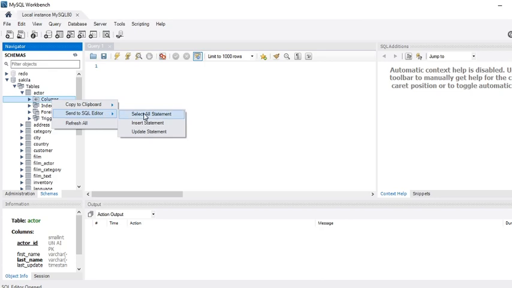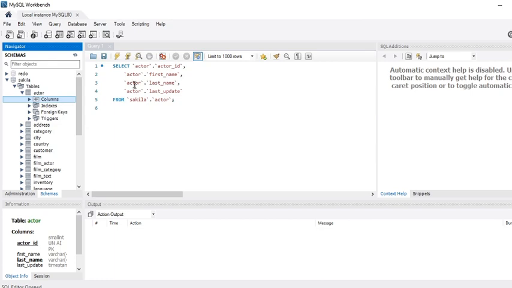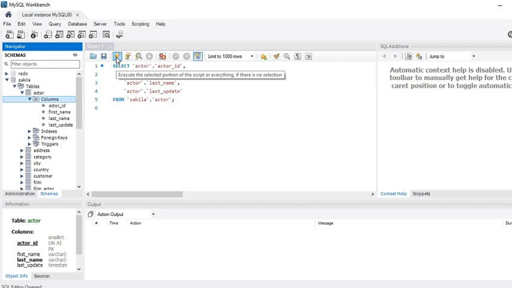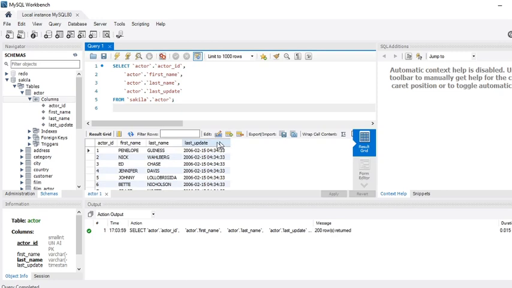Let's say you want to see a select all statement. This select all is actually reading all the column values. What are the columns here? You can see here actor ID, first name, last update from this actor table. You want to execute this query to find out what is inside the table. You can just press this button, click on this, it will execute and the result is displayed here. These are the values: actor ID, first name, last update. This is the final result.